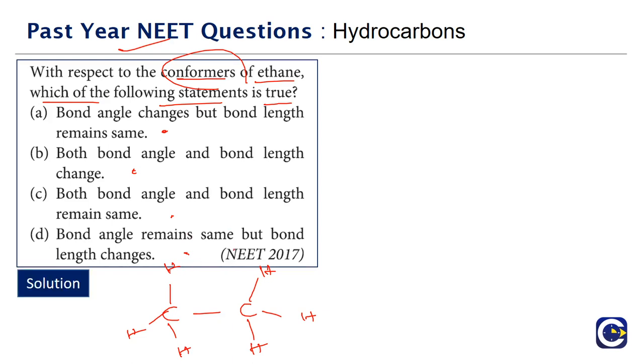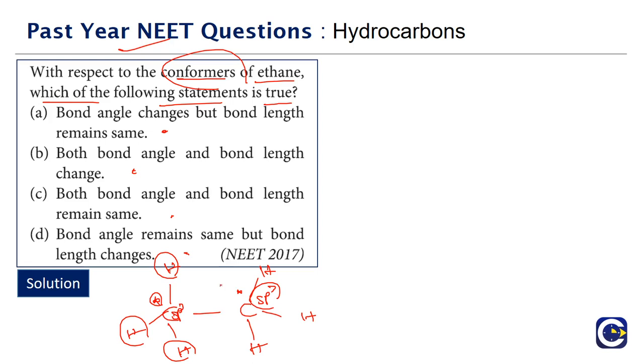So what do they mean by bond angles or bond length? Bond angle and bond length pertain to one particular site. Whenever we talk about the bond angle, here we have a carbon. The carbon is an sp3 carbon. On one side we have hydrogen, on another side hydrogen, another side hydrogen, and the fourth side is carbon. These will be arranged in a tetrahedral manner. Similarly for this carbon, three sides have hydrogens and one side has carbon. And bond length means the distance between the respective bonds, carbon-hydrogen bond or carbon-carbon bond.